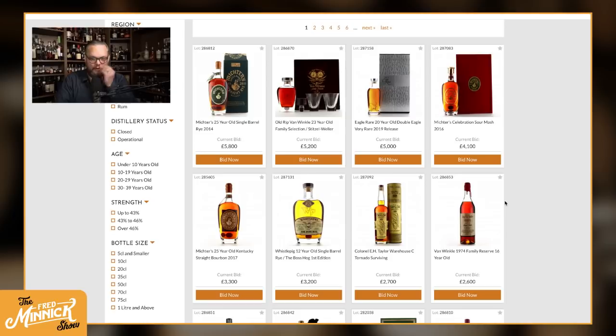But to me, the shocking evidence that Michter's really is starting to catch the eyes of people who go to whiskey auction houses is the fact that you have three Michter's right now outperforming the coveted, the legendary 1974 Van Winkle. Absolutely